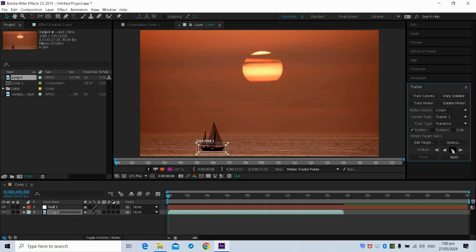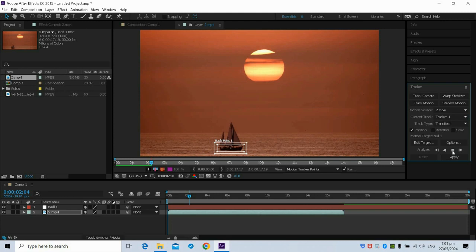Okay, so now play. It is important to play the motion track using the tracking motion features of After Effects for it to be able to know that the track point is moving in accordance to the object being tracked. So let's click play here, just to make sure that the track point is moving in accordance with the sailboat movement.